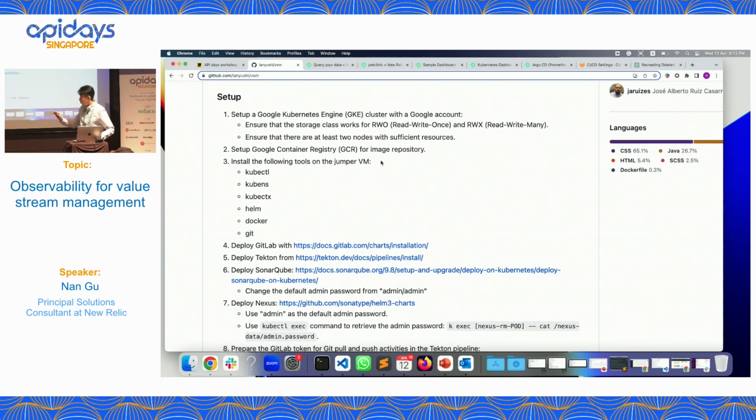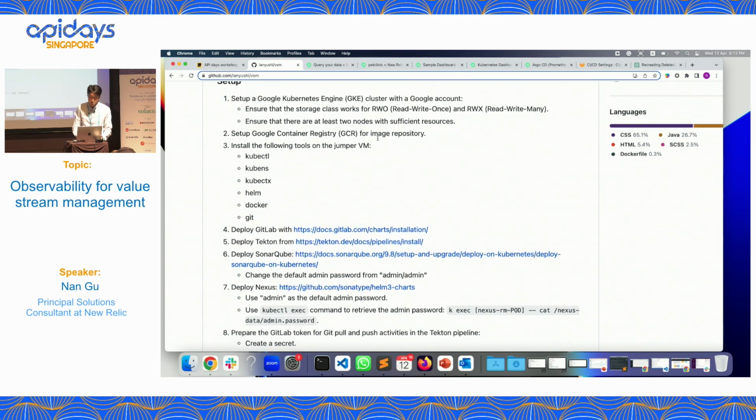This is before joining the environment, just to see the setup. I have set up a GKE cluster. You can give it a try if you are using Google Cloud for the first time. They have some credit you can use for the workshop or a POC yourself. When you register a GKE cluster, make sure of two things.